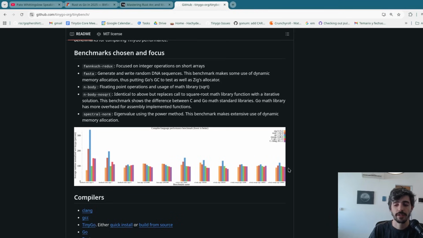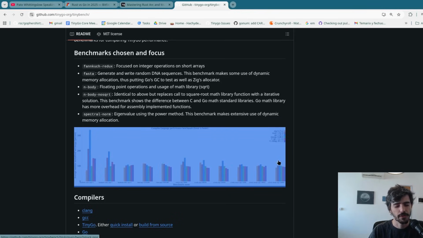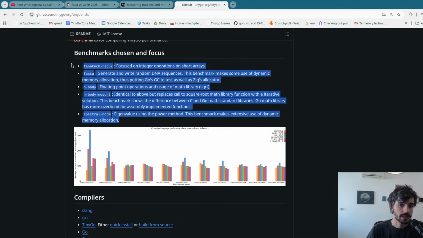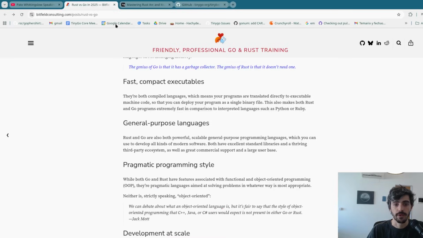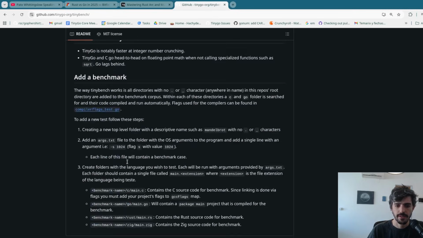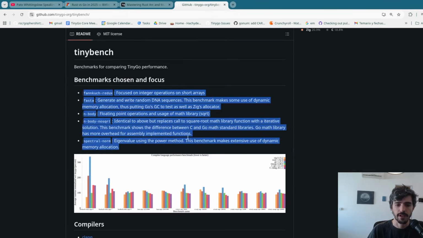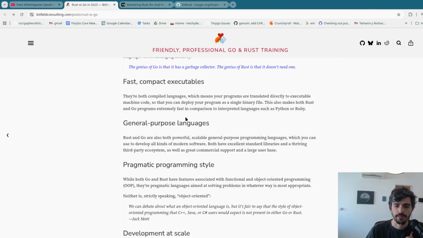This probably doesn't take into account a lot of things, because these are simple examples, right? Where you're not depending on the standard library. The Go standard library, in my opinion, depends very heavily on the runtime. So if you are using the standard library, your results might differ. I'm not familiar with the Rust standard library, but overall, your programs can run faster than Rust programs. And I'm not sure about the size. I think there is a benchmark on size here, but it's not graphed. But when using TinyGo, your programs are very small. Should be as small as Rust.